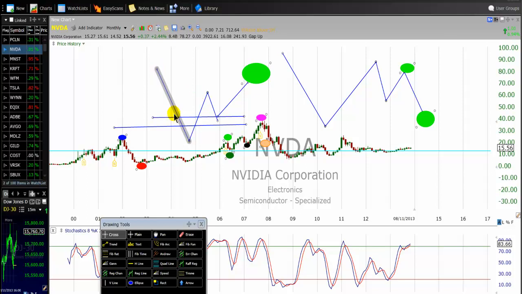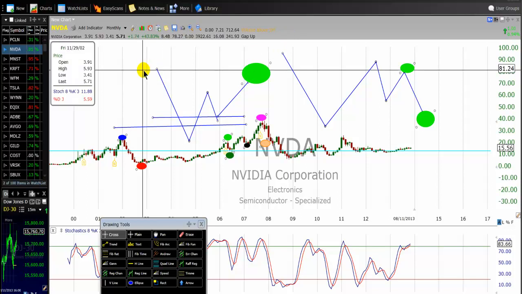So we see XA, and then the A to B, 61.8. For the crab pattern, it does not have to be exactly 61.8, it can be 50%, all right? So price goes to 61.8, the first pattern is the Gartley pattern, the next pattern is the crab pattern. Instead of the price stopping at 78.6, the price will go above the XA